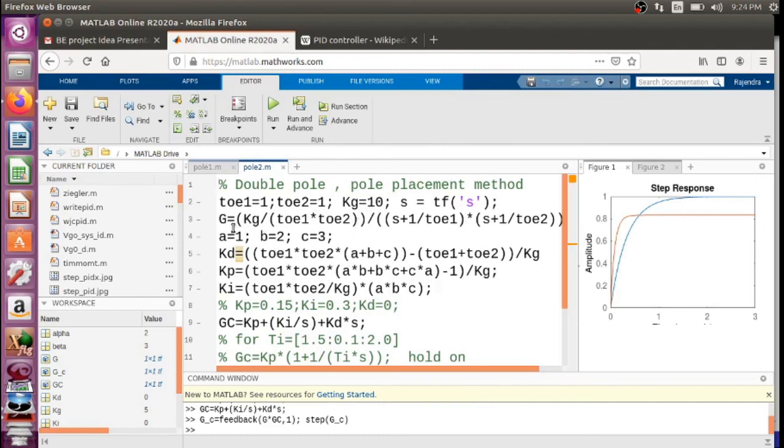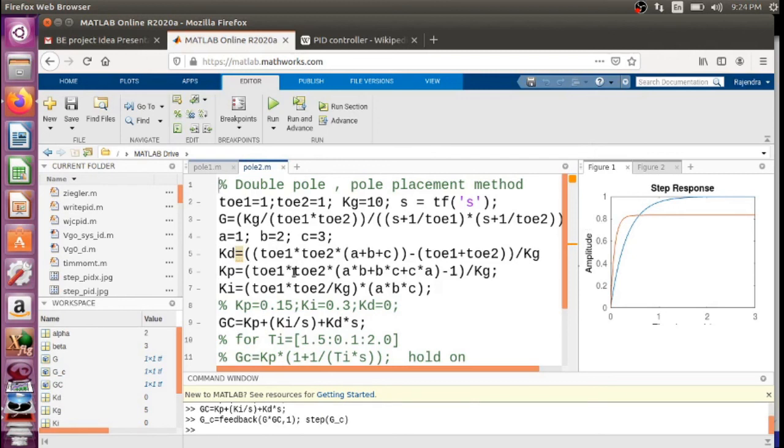The plant transfer function is given this way: Kg upon tau 1 into tau 2, so these are the constants, and (s plus 1 upon tau 1) and (s plus 1 upon tau 2). We have also defined a equals to 1, b equals to 2, and c equals to 3. So this is what we are expecting.